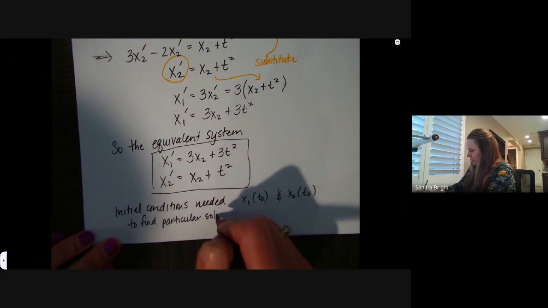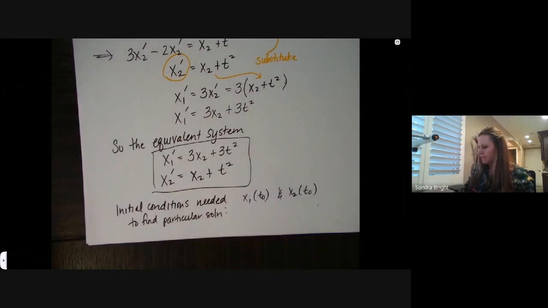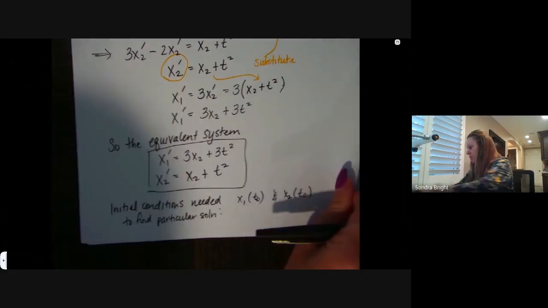It would just be those two guys. Okay, so that was a pretty straightforward one of just using substitution stuff. But you're going to see ones even more complicated, like this next example,